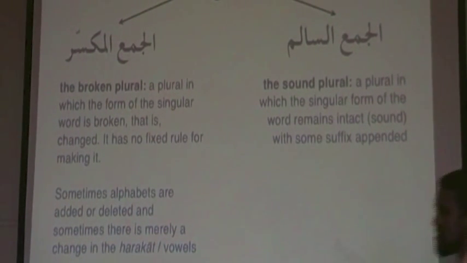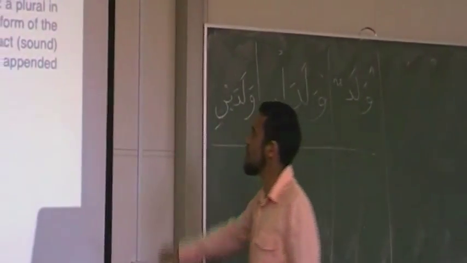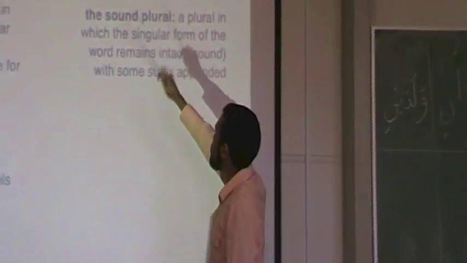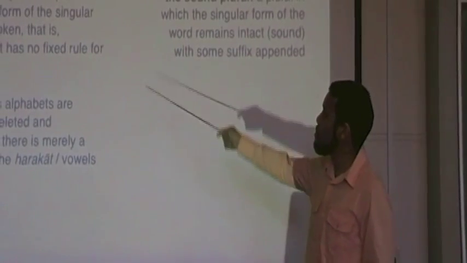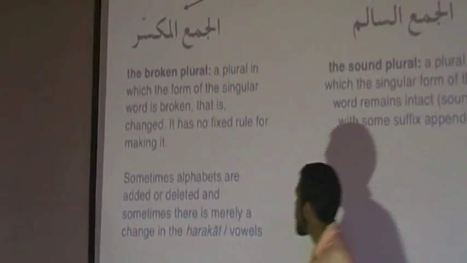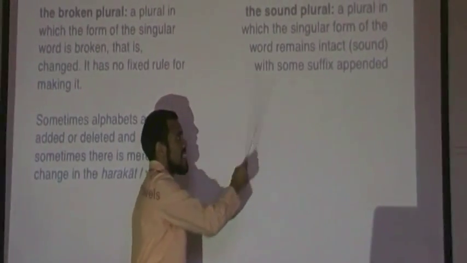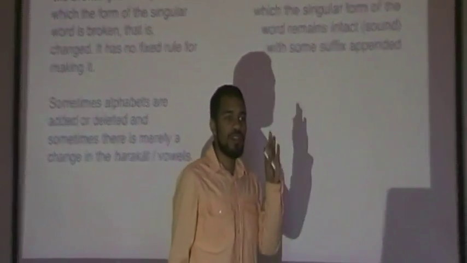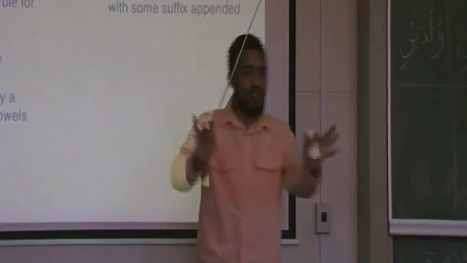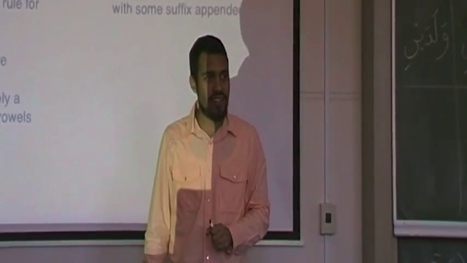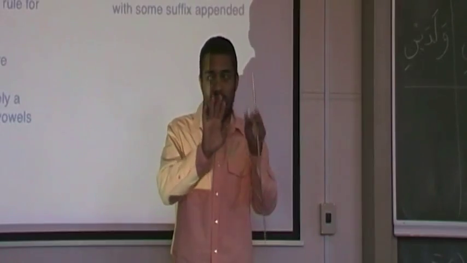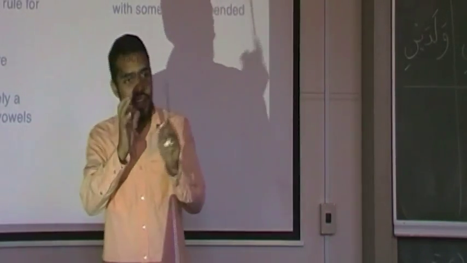We're going to deal with plurals. That was easy because we just add ani and aini. And this isn't too challenging because we're going to deal with al-jam'. Al-jam' is the plural. Al-jam' al-salim is the sound plural, and al-jam' al-mukassar is the broken plural. Now, the sound plural is a plural in which the singular form of the word remains intact. Like we saw with rajulun, rajulani, rajul remains intact. The ra, jim and lam are still there. The base is still there.